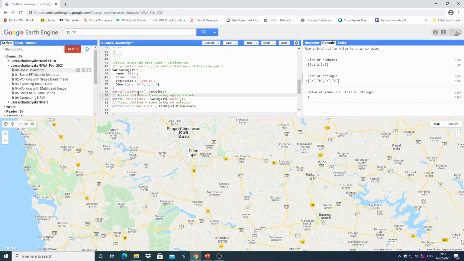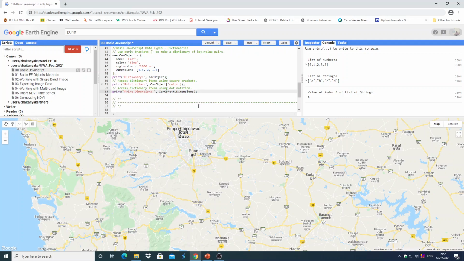In the same way, you can access this value in another way, that is by dot notation, where you write the name of the dictionary dot the key, and you will get the value associated with the key in the dictionary.